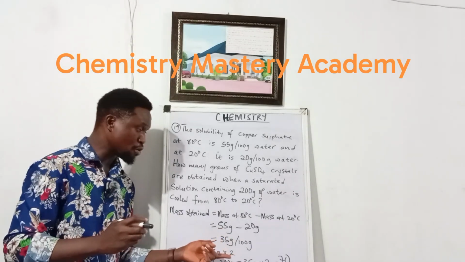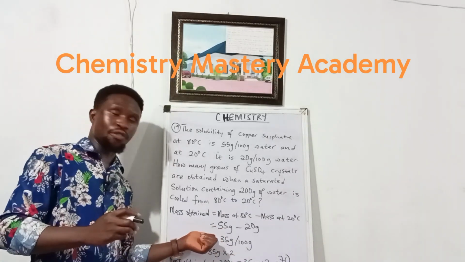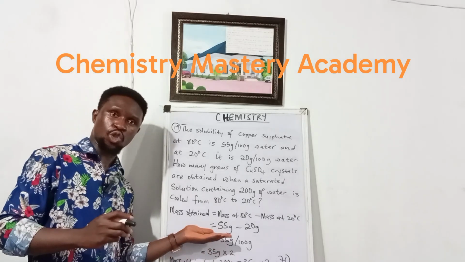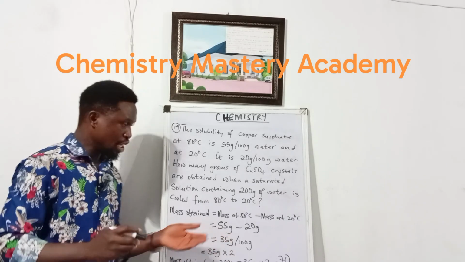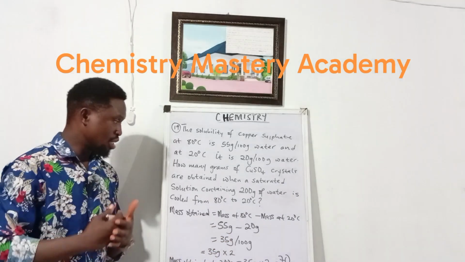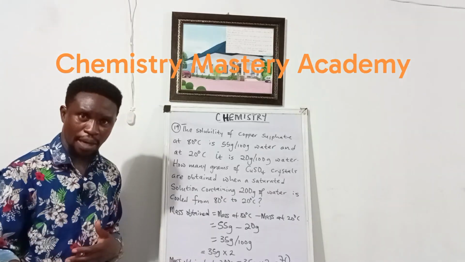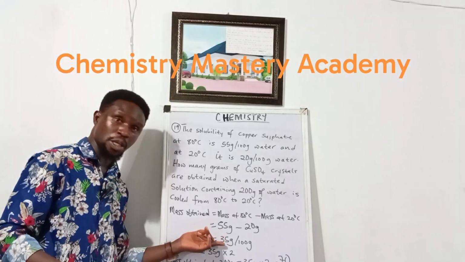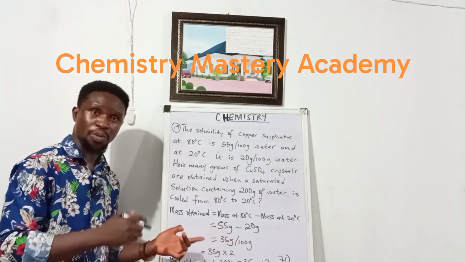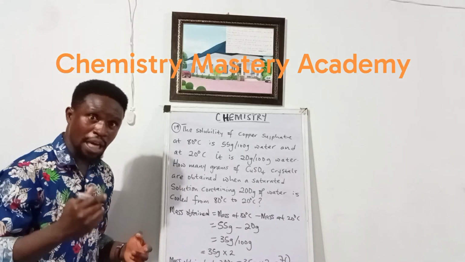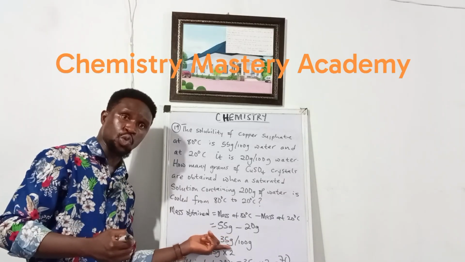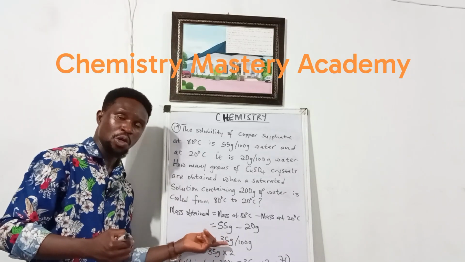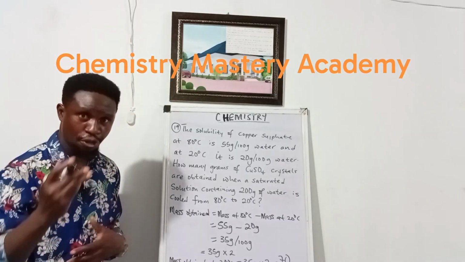we will have times 2 of that one that will separate out in 100 grams. If they say, look for the one that will separate out in 400 grams, now we know that 35 grams will separate out in 100 grams. So the one that will separate out in 400 grams will now be times 4 of this 35 grams, which is 140